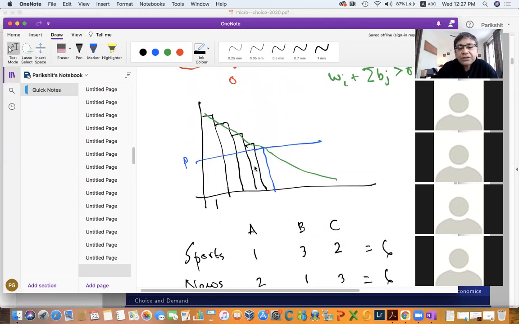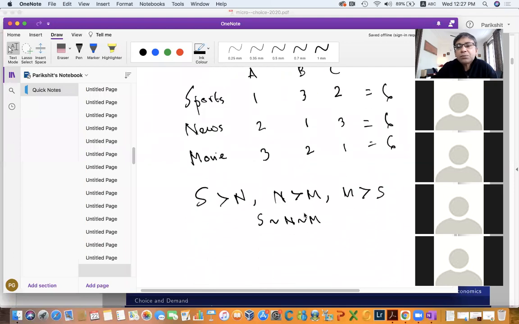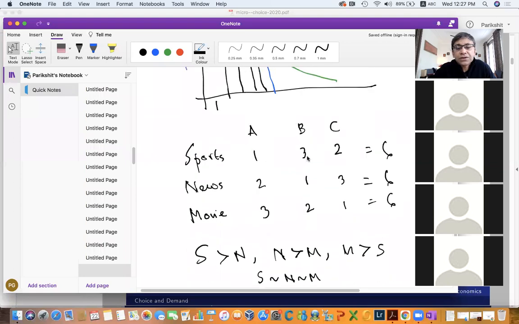May not be a violation of transitivity, but some other nice property will be violated. Now, this example, this 3x3 example, was first given by Condorcet, who was a French mathematician many centuries back, 18th century, I believe, no, 19th century. And